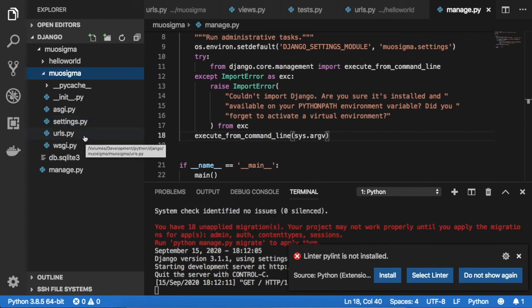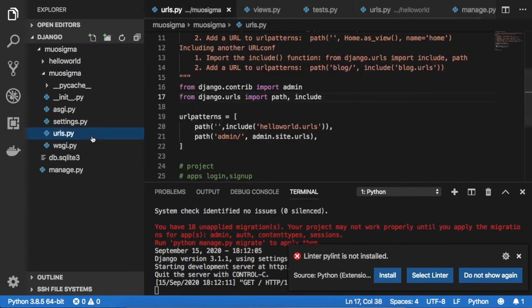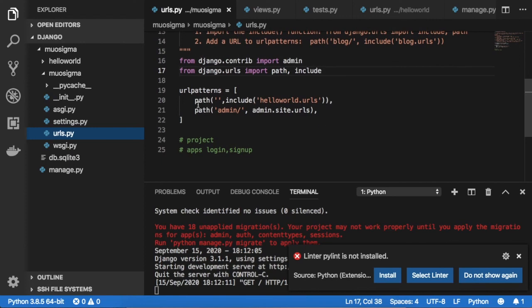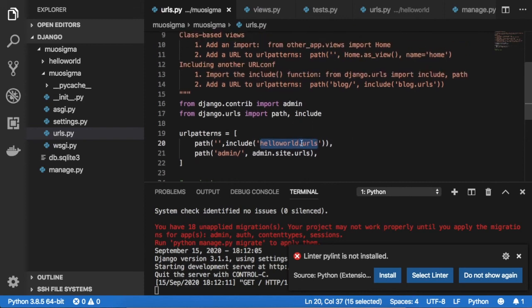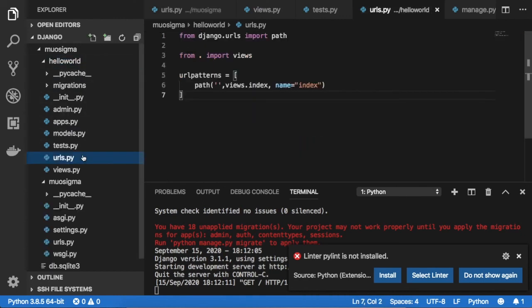So let me discuss the urls.py first. Here we have the urls.py file. This is the most important file. You can see we need to define the path. We need to use the path function where we define the path. On the specific path you can call your application URLs. So this is what you are doing: you are just mapping the URLs from the project URLs to the application urls.py URLs.